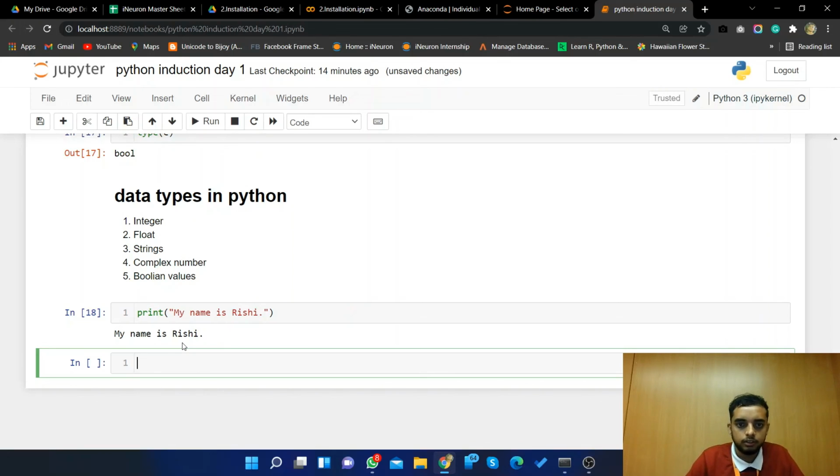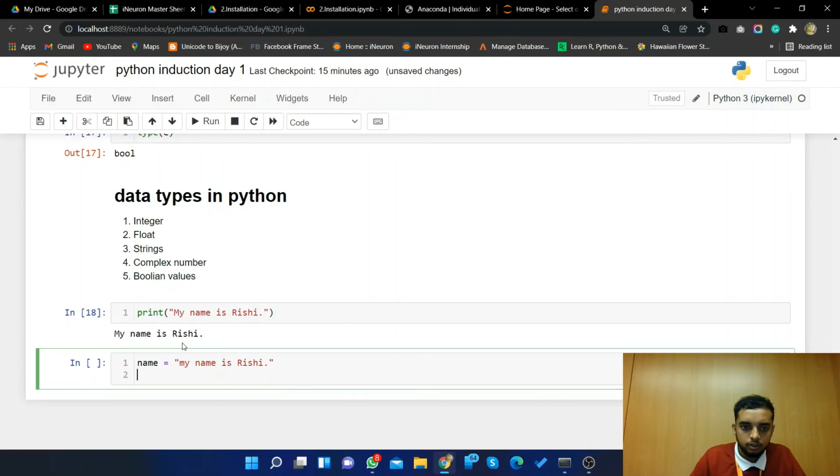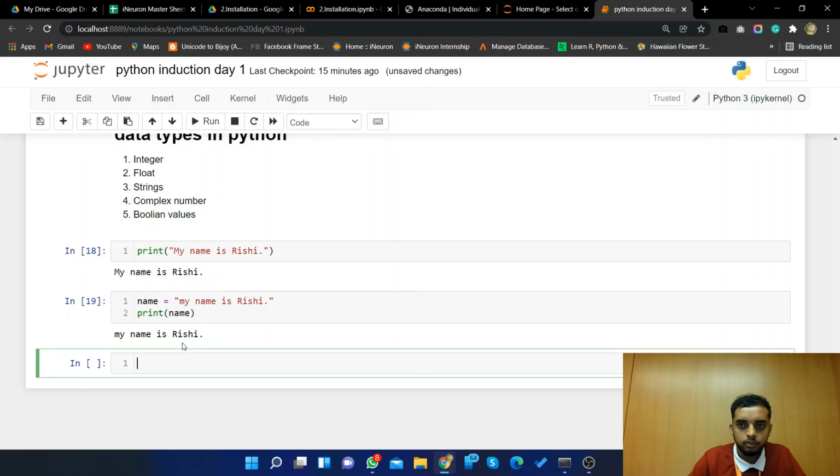Print my name is Rishi. Okay. Now we can store my name is Rishi in a variable, and we can now print name. Okay. See, my name is Rishi. Okay. So what did we do today? We did multiplications, additions, divisions, and those kinds of mathematical operations, and we learned about data types and